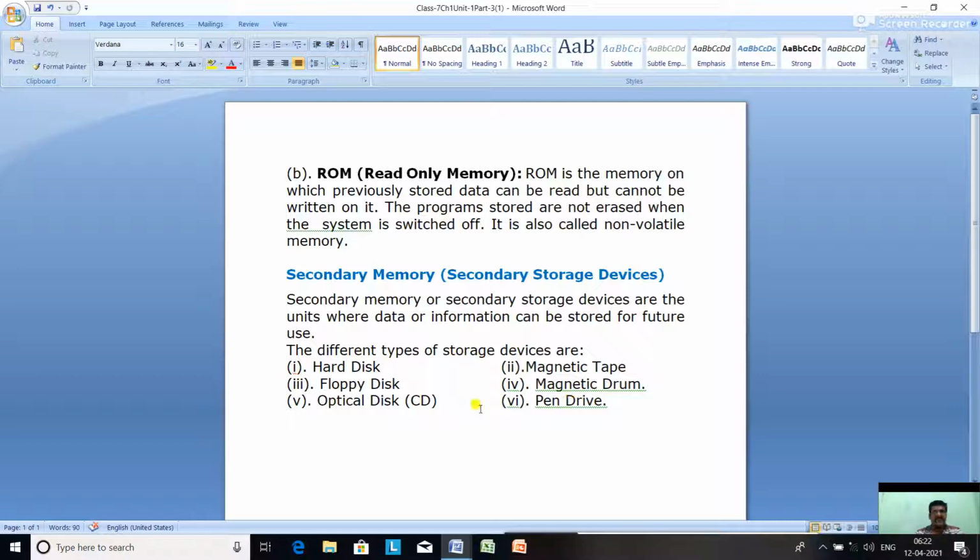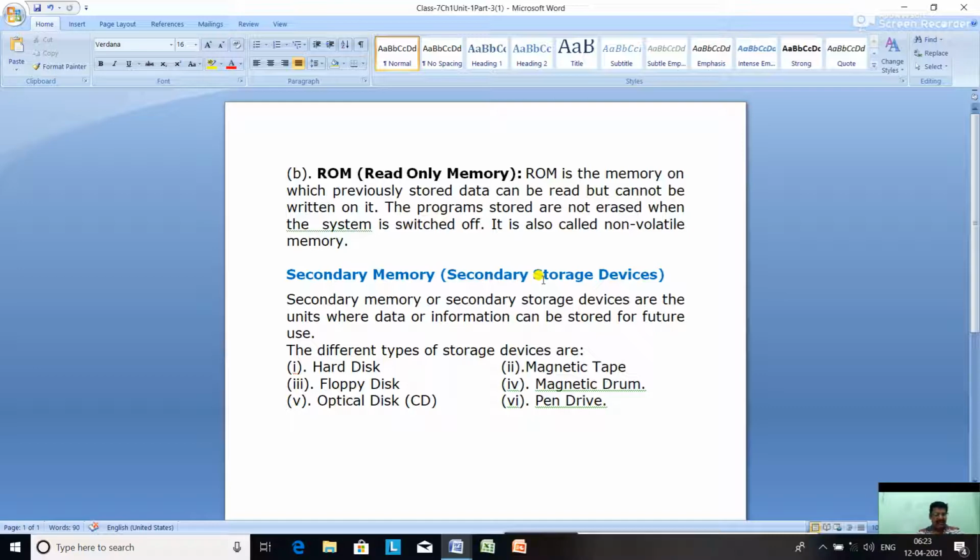Now, what are the differences between the primary memory and the secondary memory? Primary memory is the main memory of a computer. Remember it. Secondary memory is the auxiliary memory from where stored data can be retrieved. It is a helping memory where we can store the data back. In the primary memory, instructions get erased as soon as the computer is switched off. And in the secondary memory, data or instructions are stored for future use even when the computer has been switched off.